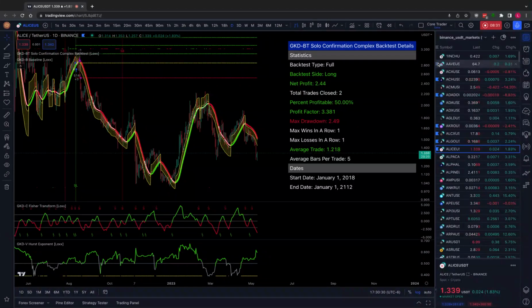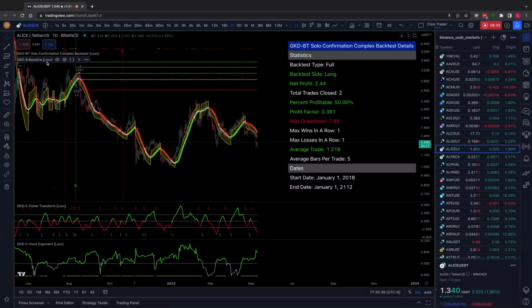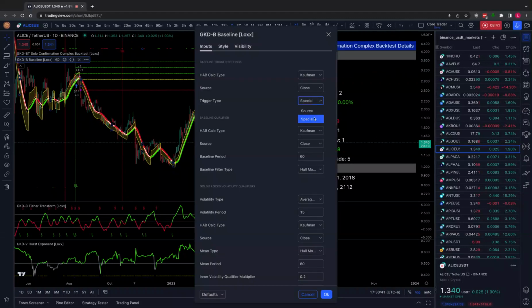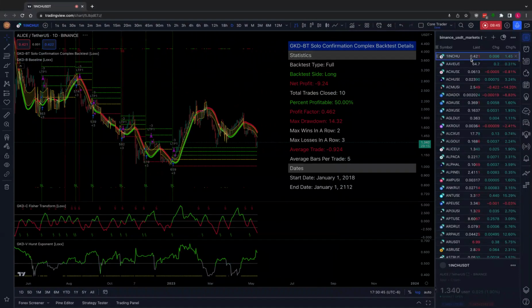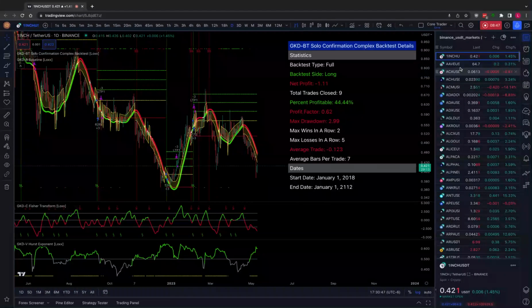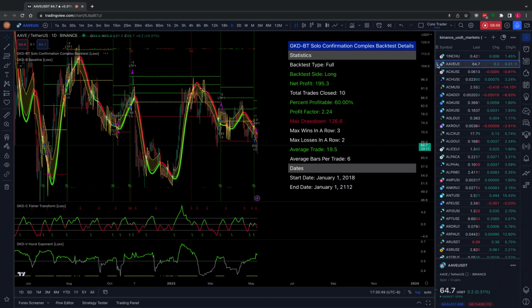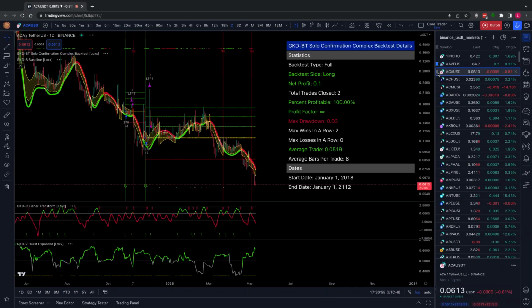Let's try something new. Let's remove some of those. You saw, a good portion of those had some trades that were worthwhile. We're going to go back into the baseline and change something back. We're going to keep it at the default. The default was source. Let's see if that helps us out a little bit. Okay, that one's worse. That was a 2.0 profit factor, 60% hit. That's nice. Another 100%,